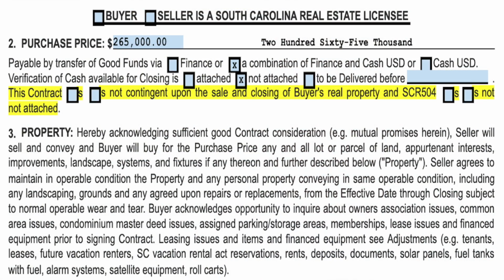Now, let me just state this, that South Carolina Contract 310 does not have a specific section in the contract for sale contingencies, which is the reason why Form 504 was created. If you look in the middle portion of South Carolina 310, just under the sales price, there is a line there, it's on the screen, that shows you the contract is either contingent or is not contingent upon the buyer selling their property, and that 504 is or is not attached. Well, I as a broker, if there's a sale contingency, I want to see Form 504 attached to the contract just because it has